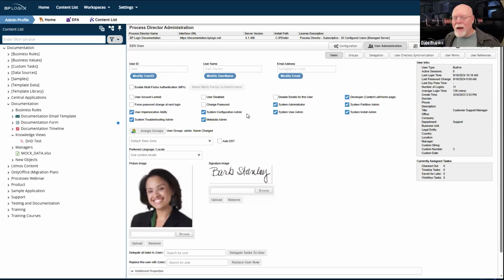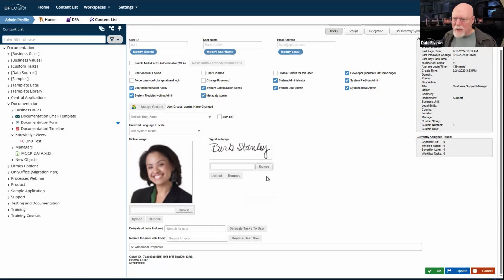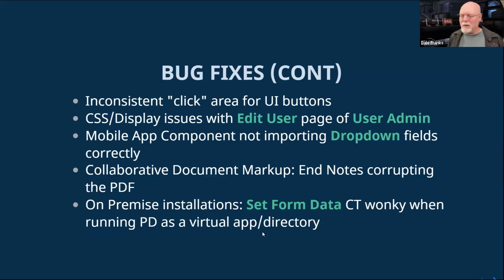And the display here got a little bit wonky and things were not showing up in the order in which they should. So we fixed that display issue. We've been adding properties to that page at a fairly decent clip over the last 6 months, so we had to fix the way that it looks.